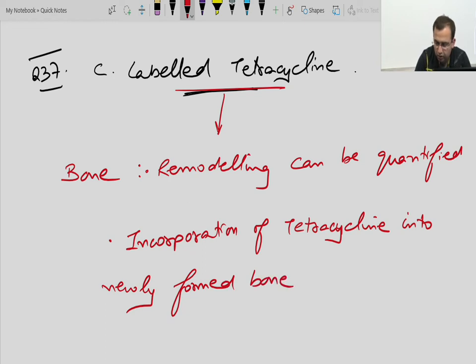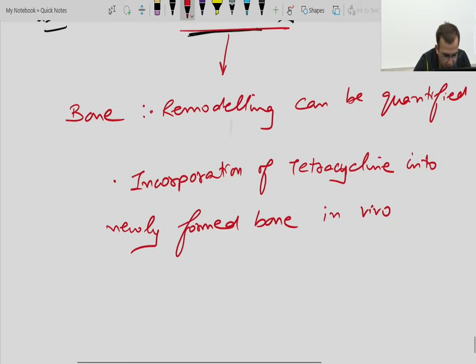That is, we incorporate the tetracycline in vivo, that is inside the body, serving as time markers. For this we use labeled tetracycline. Next point,